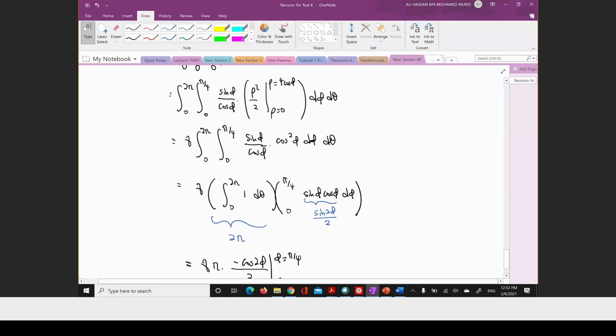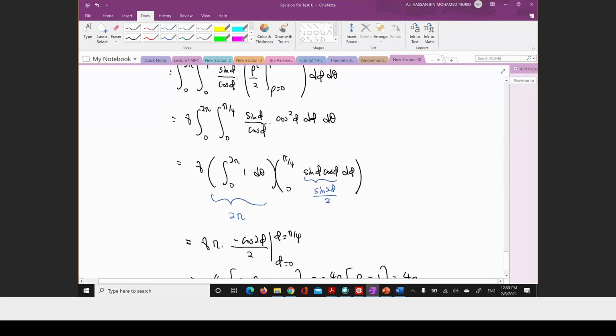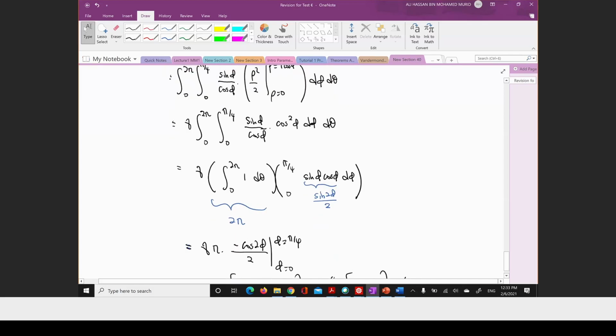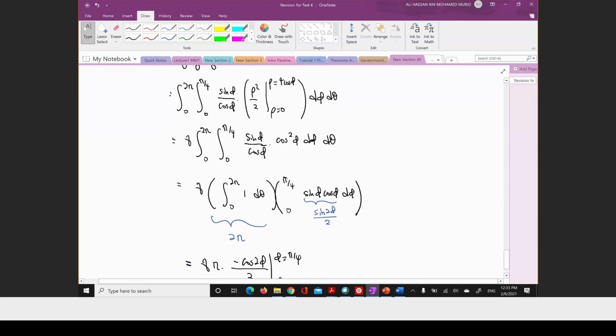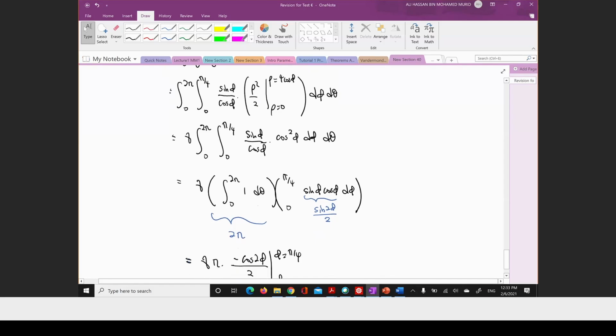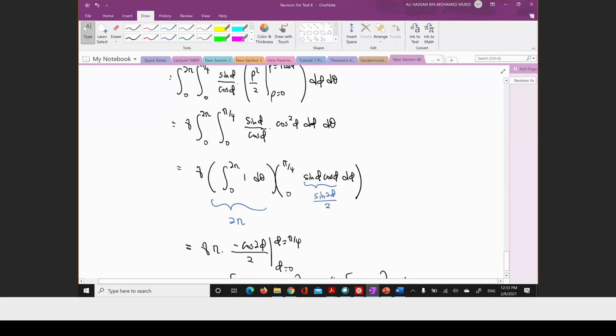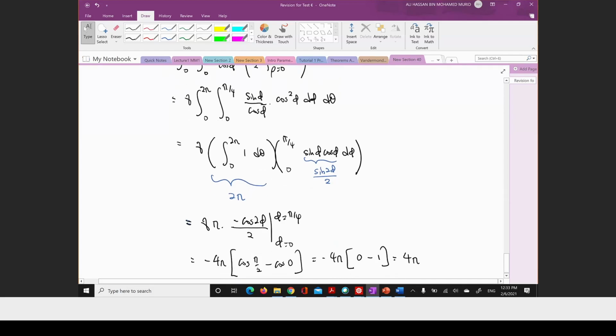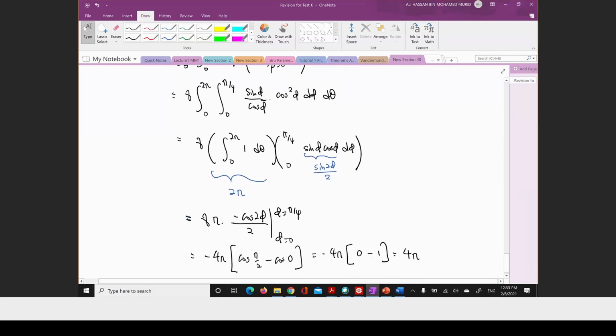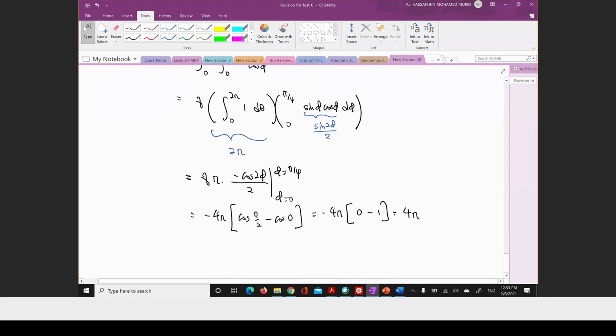So y, and then, that sine phi cosine phi is also correct. Sine phi cosine phi is sine 2 phi over 2, that is also correct. We integrate